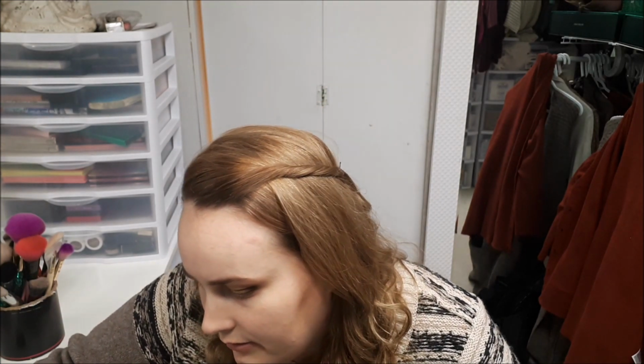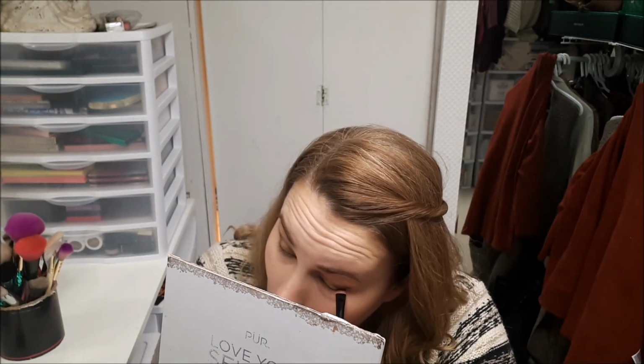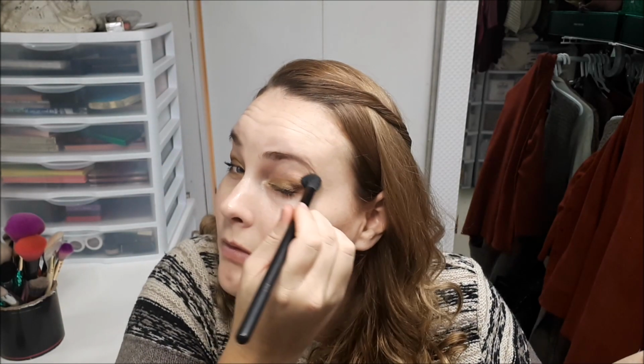And then I'm going to go in with that avocado green and apply it to my lower lash line, keeping it in tight. I do kind of wish it had a mirror. I guess that's one of the ways they keep their costs down. So I do think